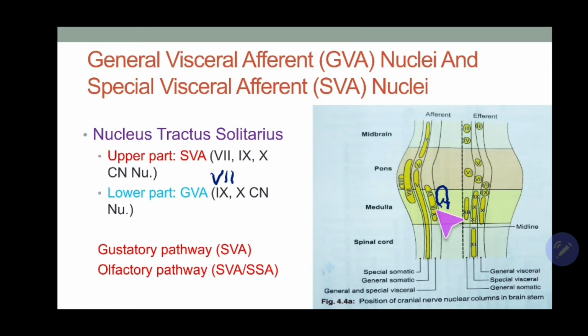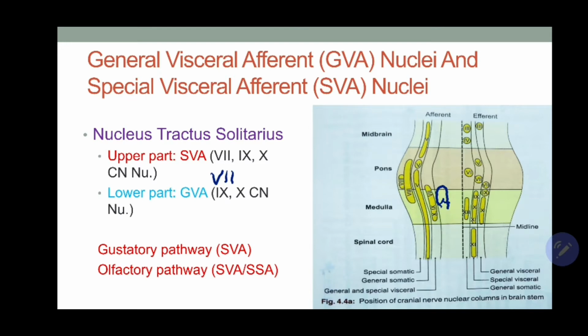Then the general visceral sensations from the posterior 1/3 of the tongue, from the tonsils. Glossopharyngeal is not only special sensory but also general sensory from the posterior 1/3 of the tongue, right? Then also from the tonsils, then also from the pharynx, and importantly from the carotid body and carotid sinus also, the general visceral afferent sensations are brought through this 9th nerve into the lower segment of the